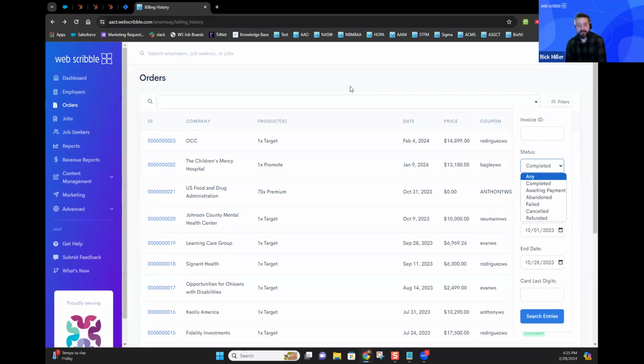we may have issued an invoice as a placeholder. You know, sometimes folks don't have access to the card right away, but they want to get the job posted right away. We've issued invoices as placeholders, or sometimes we've issued invoices to someone at their request, and they go in and purchase a package. They get through and they purchase a package, so that invoice is almost like a duplicate.